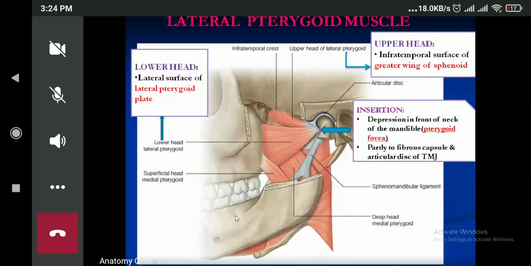बुझ्यो यो? Is it clear this one? Yes, ma'am. Okay. Now next, just compare the action of the lateral pterygoid muscle with the middle pterygoid muscle with